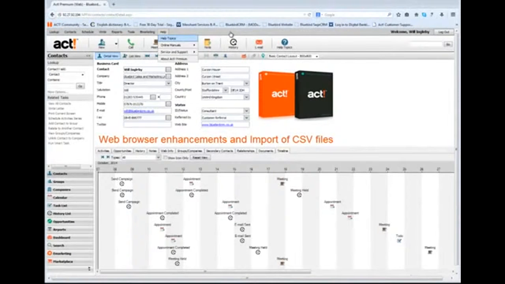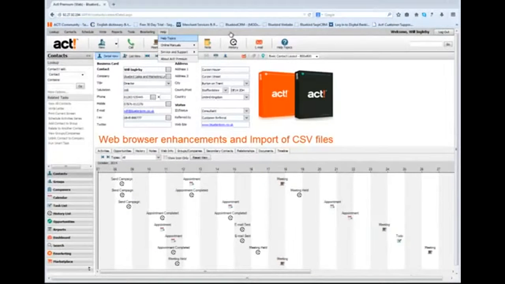Each new version of ACT released over the past 2 or 3 years has included a significant number of enhancements that empower mobile and web-based users. So of course in the mobile context we've seen the introduction of HTML5 as a coding system, which means that the database is presented to mobile users in a format that's usable in a mobile environment. So if people are using an iPhone or an Android, they can just drive the whole system with their thumbs